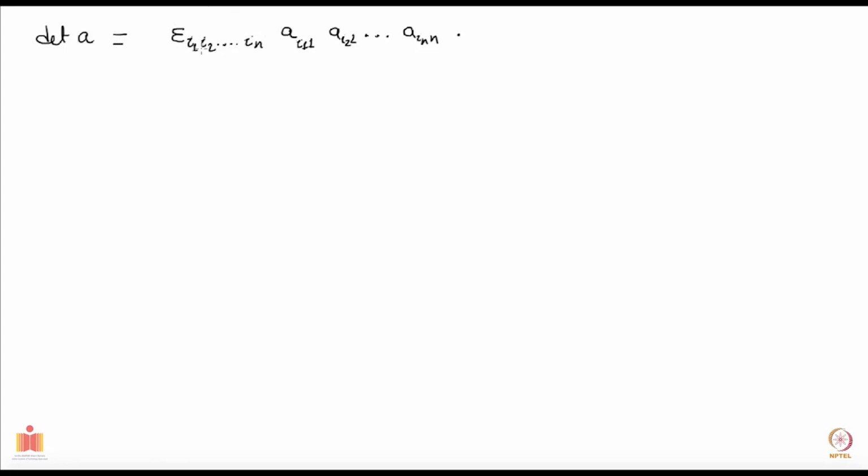Okay, so that is the result, and you know the Levi-Civita tensor, or this totally antisymmetric matrix, is defined such that epsilon_{1 2 3 ... n} is plus 1, and whenever you interchange any two indices you pick up a minus sign. That's how this epsilon is defined. And A_{i1 1} and so on are the matrix elements of the matrix A. So that's what I'm going to use here.